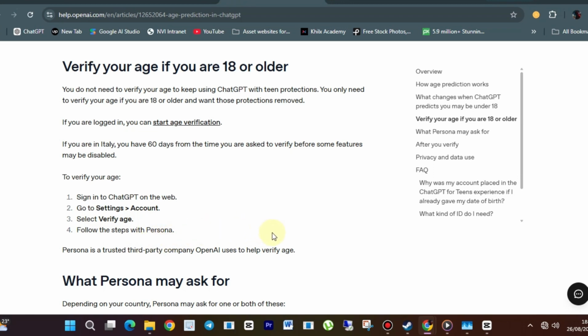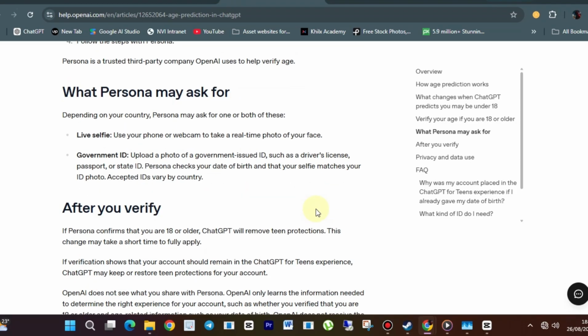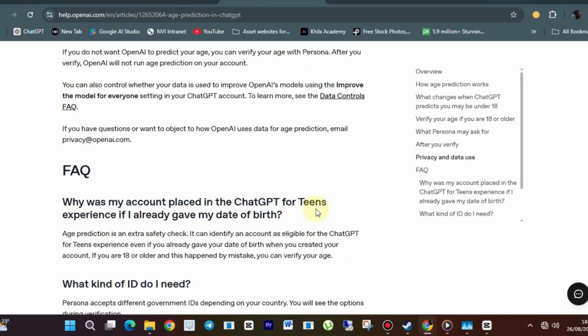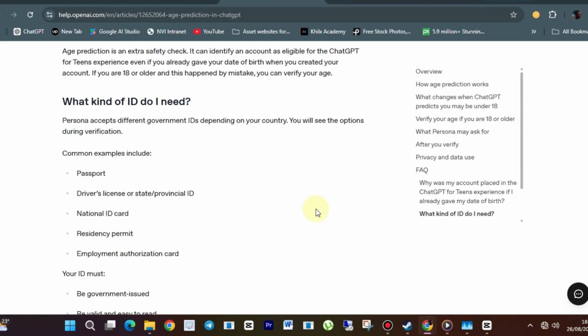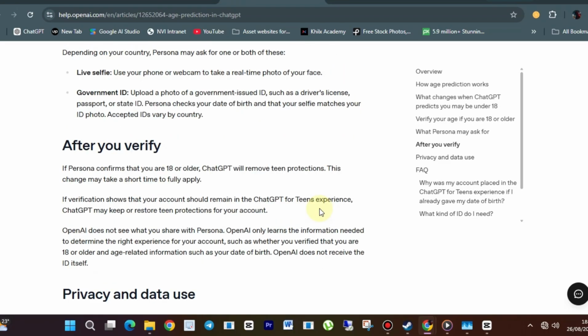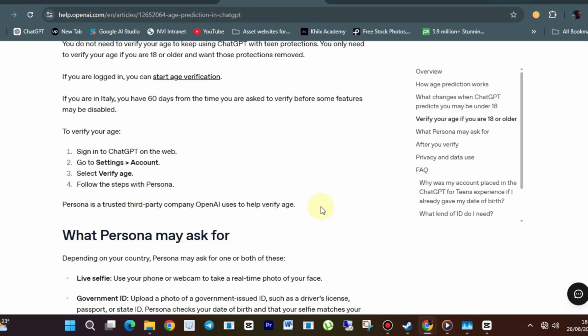Also, keep in mind that the exact screens and requirements can vary depending on your country, account, and current ChatGPT experience. For example, some regions may have specific deadlines or additional requirements if you're asked to verify your age. So always follow the instructions displayed on your own account and use the official ChatGPT Help Center rather than relying